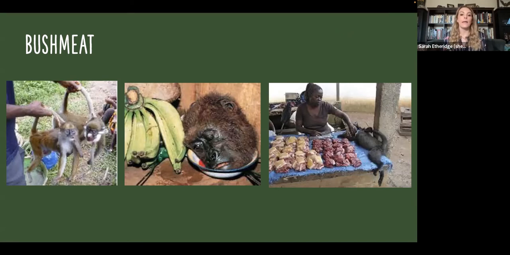And this is how we have things like Ebola and even HIV in the human line, because you are butchering animals that have, in some cases, almost 99% identical DNA to you. You are exchanging body fluids through that butchering, and then you're consuming that meat. It makes it very, very dangerous on an epidemiological level as well, because this is how we get new diseases in our population.